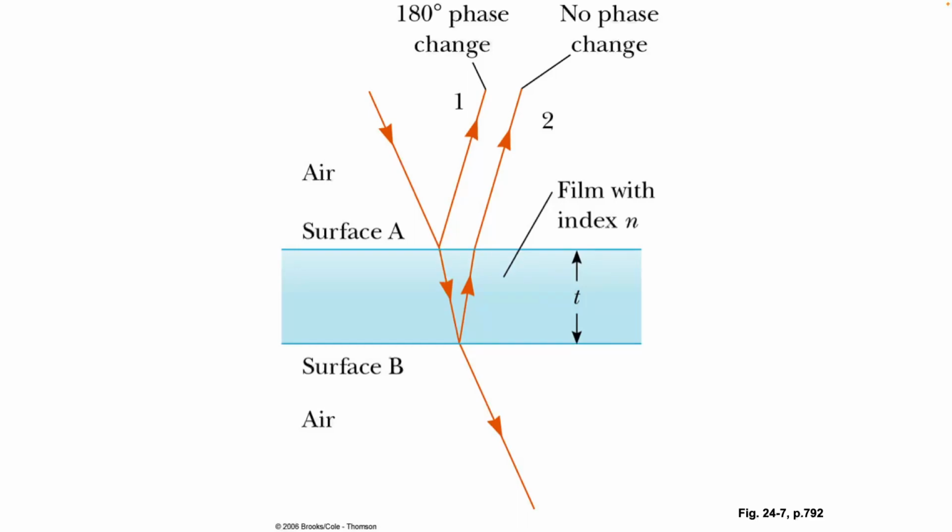But we are going to make a concession for Physics 4C to keep this easier. We are only going to treat normal incidence waves, meaning that all of our light rays are going to be hitting at 0 degrees to the surface. Remember in optics, what is 0 degrees? Straight up and down. Okay?